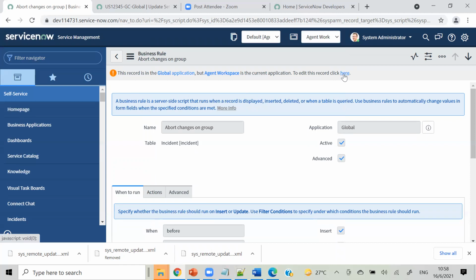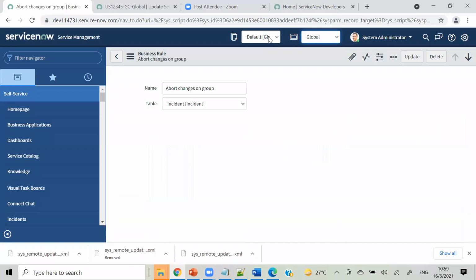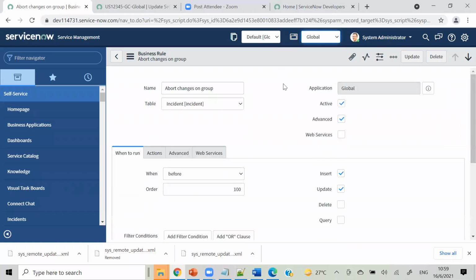Okay. But even after that, if you make any changes, they will get captured in your global application and its default update set. So just remember, if this application is global, you have to keep your application in global and create an update set within the same application, so these changes will get captured.